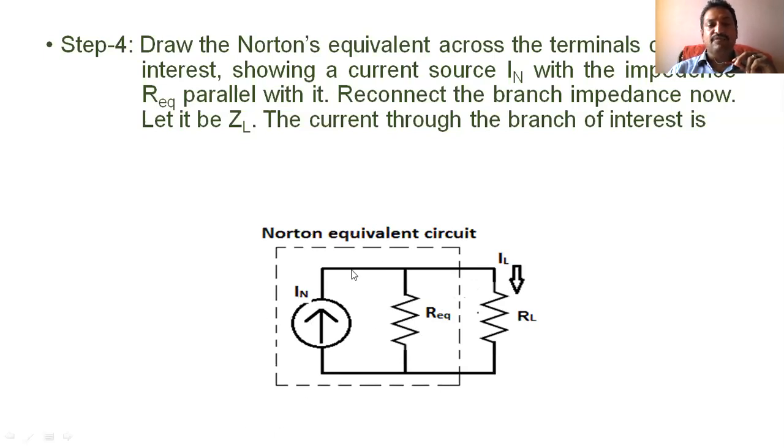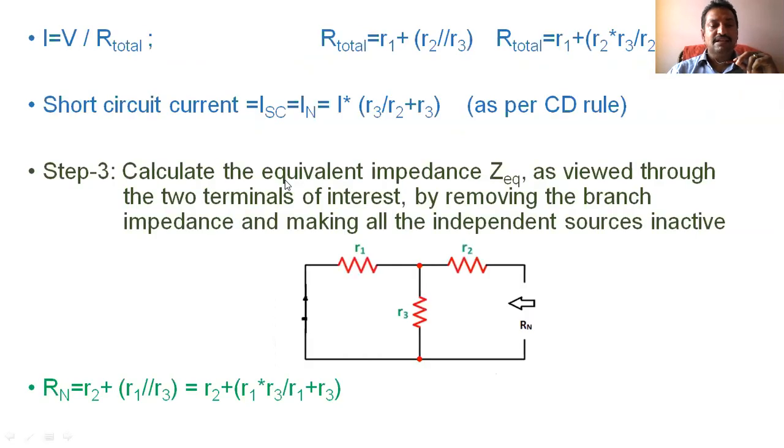So with DC, we follow the resistance. With AC, we follow the impedances. So this is RL, not ZL. Here we'll follow this. In the earlier case also, these are all R only. Okay, no problem.